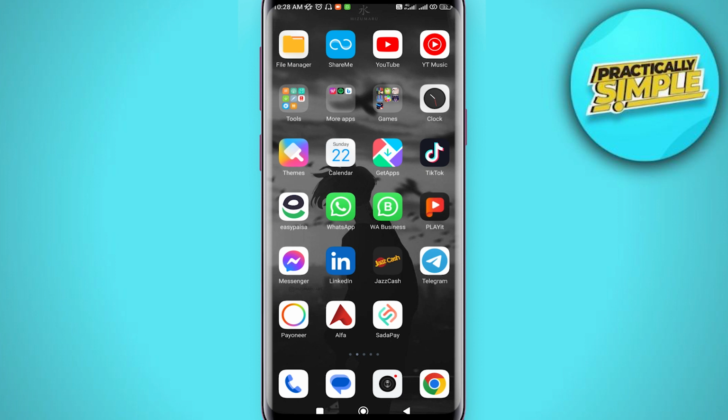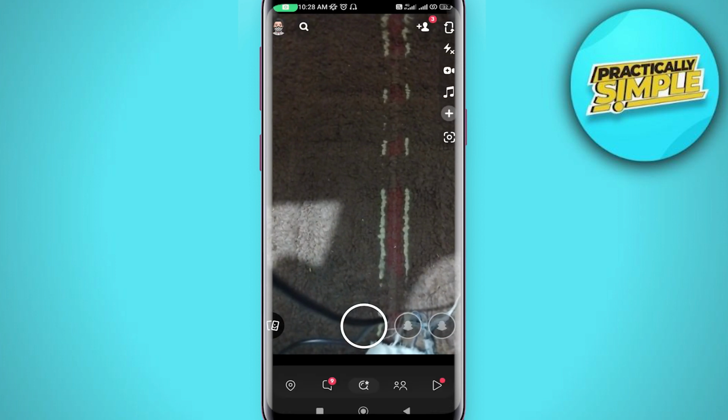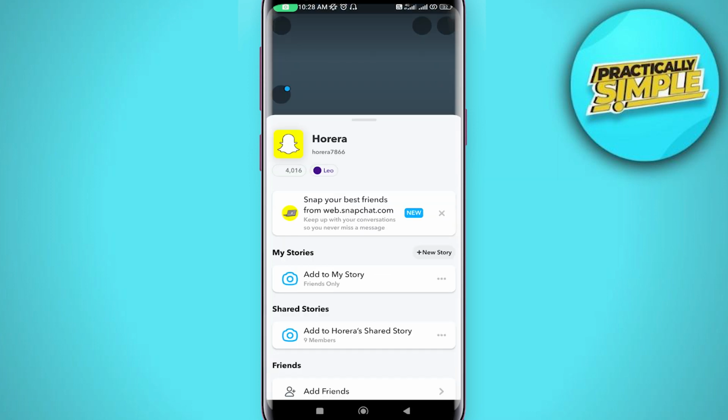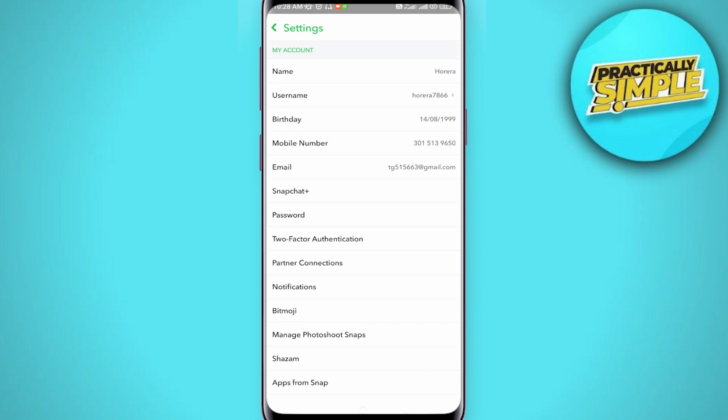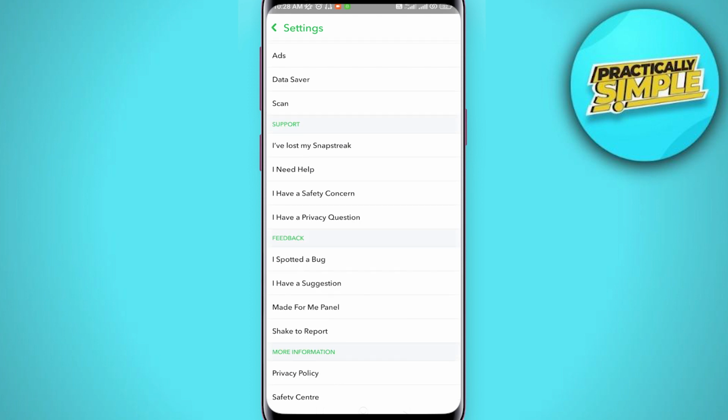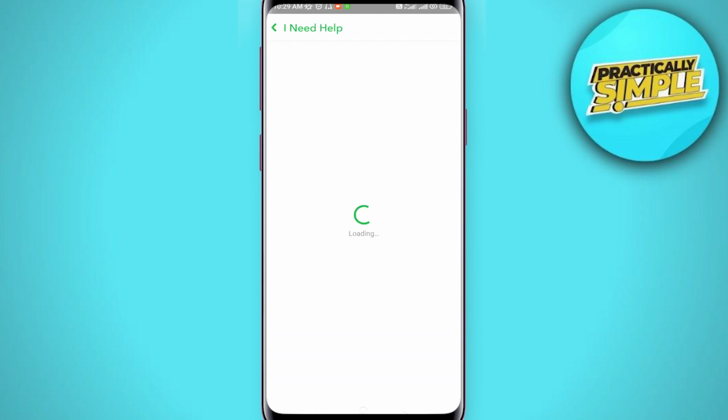gonna go on Snapchat, and once you are over here, what you are going to do, you are come over to settings, tap on your profile icon and tap on this gear icon, and once you are in the settings, what you have to do is scroll down all the way to the bottom. In this support section, tap on this I need help, and once you do that, obviously it's going to open